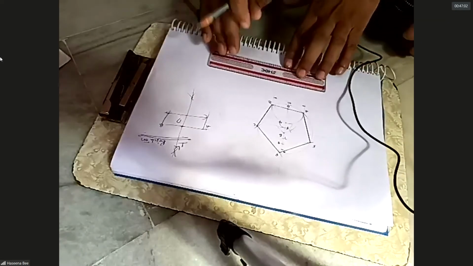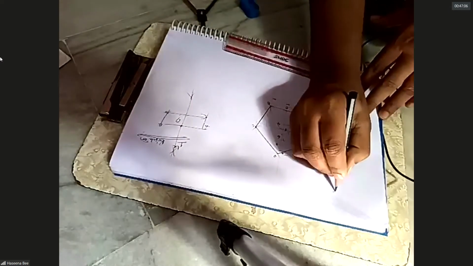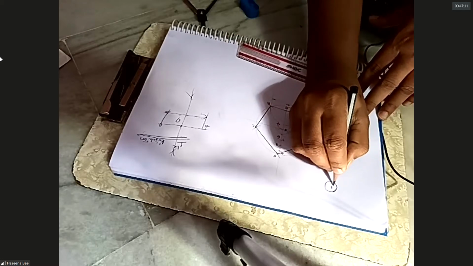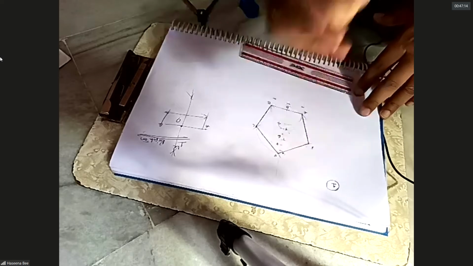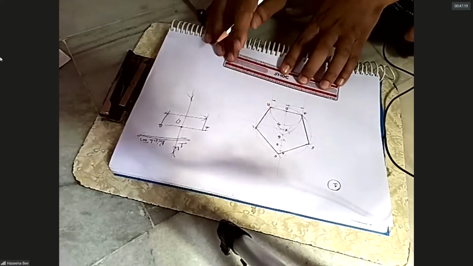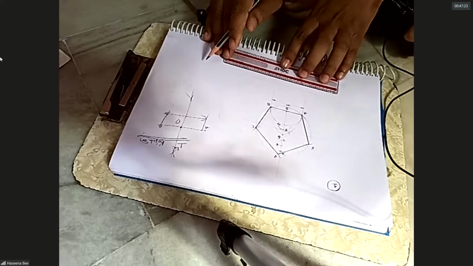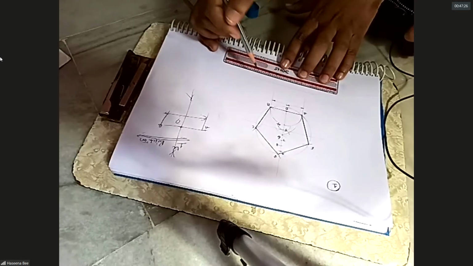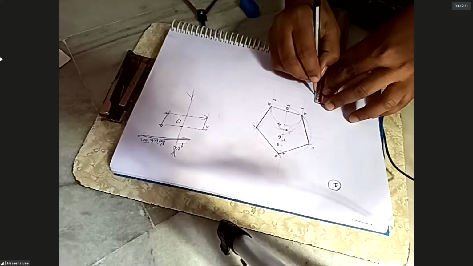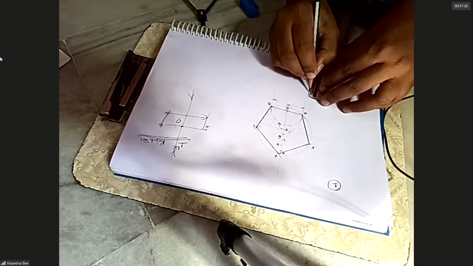Now for the nomenclature, for naming, I already told you. Here you need to draw one circle and write your question number, 1 or 2 or whatever. And always write the name of the polygon here. For that we need to draw supporting lines. 2 supporting lines we have to draw, and the middle line also. Now write pentagon.